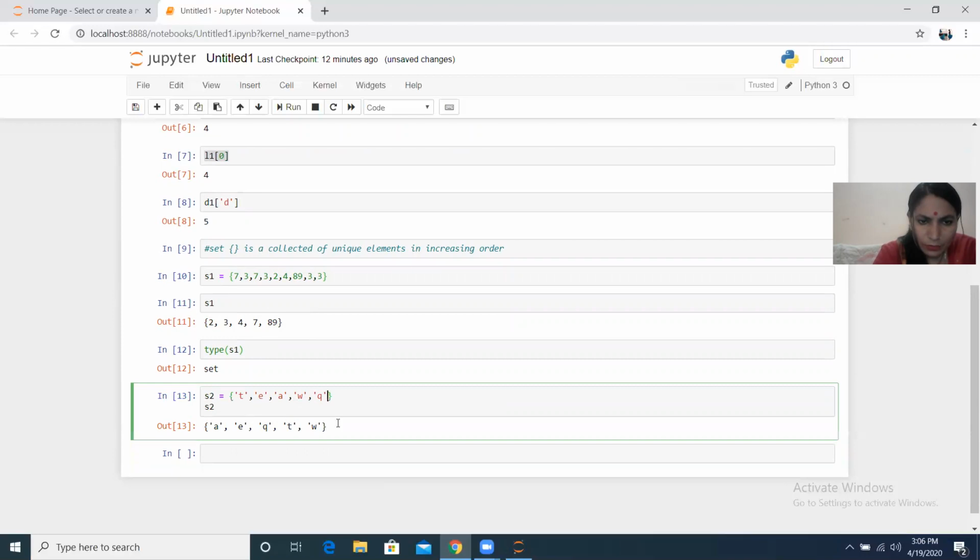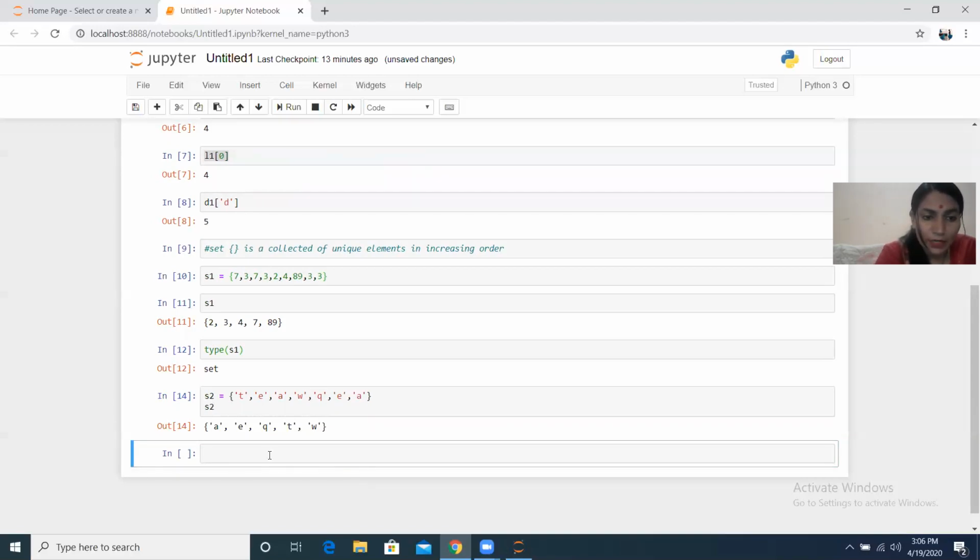And we can put some duplicacy as well. Let's say I'm writing a duplicate value for E and for A as well. And you run it, there is no duplicacy, and that is in increasing order of alphabets. Alphabetical order में उसने sort कर दिया है. So set is a collection of unique elements जो आपको duplicate value नहीं देगा, and आपका output हमेशा sorted होगा in increasing order, whether for numbers or alphabets.